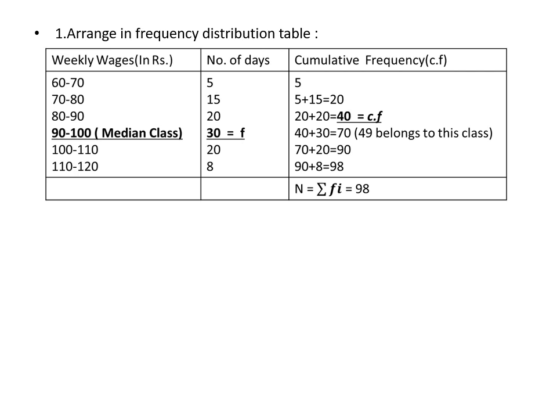Now in that 40 we add the current frequency, that is the fourth class frequency, that is 30. So it becomes 70. Now in 70 we add the frequency of the fifth class, that is 20. So it equals 90. And in 90 we add the last frequency, that is 8. So this gives you the sum of all frequencies, that is 98. And we denote this by n equals 98, the sum of all frequencies, or you can write it as summation fi equals 98.